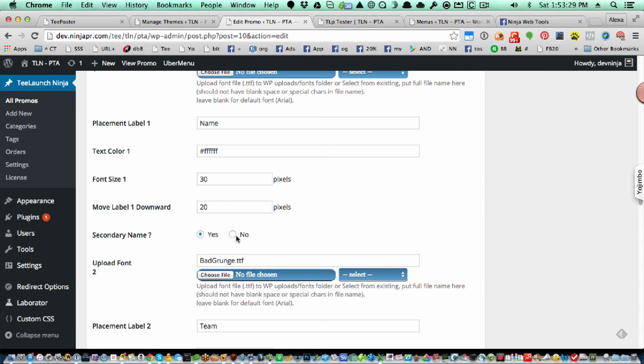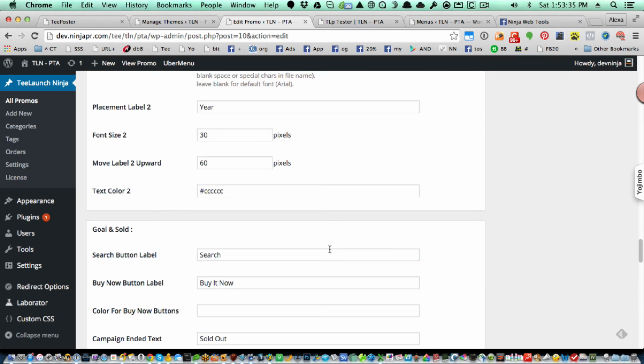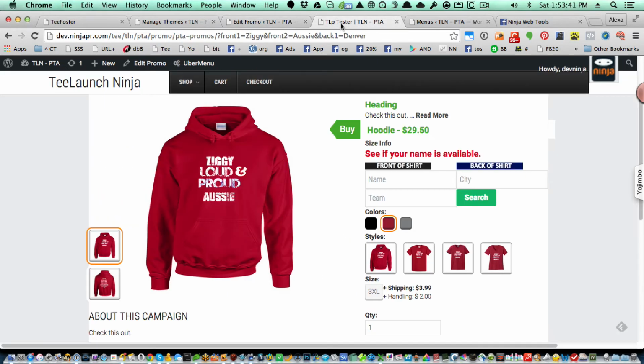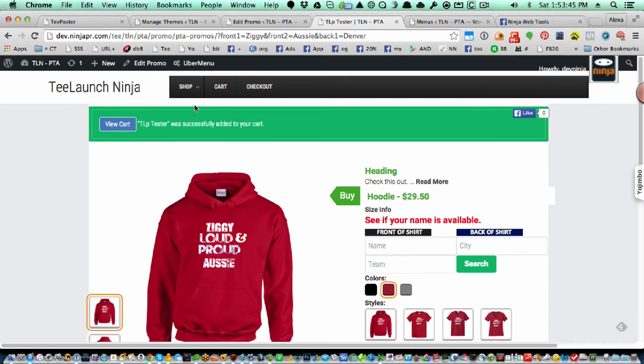And then you can pick, obviously, as we show a second name in here, and obviously all the same settings exist for the back of the shirt as well. Other settings within the software. So when we look at the front of this page here,